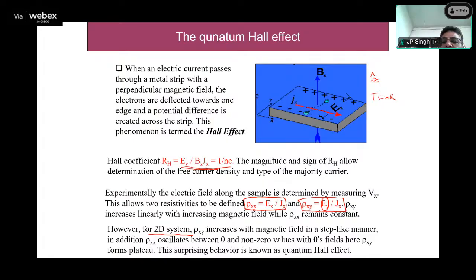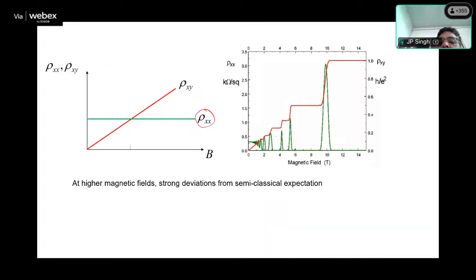But for this system, when you lower down the temperature and use a two-dimensional system, what was observed? You see, this red one is the resistivity in the xy direction, and the green one is the resistivity in the x direction. We observe very real